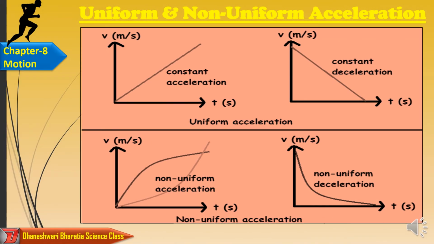The graph which represents the uniform as well as the non-uniform acceleration. Okay, just have a look at the first graph. With the constant increase in time, the velocity is also increasing here, so we are getting a straight line. Now here, if we see, with the increase in time the velocity is constant,